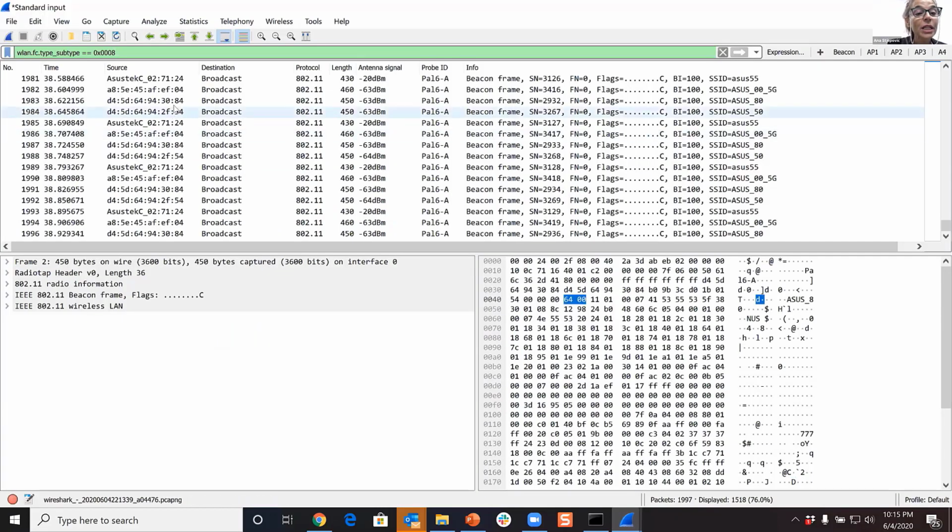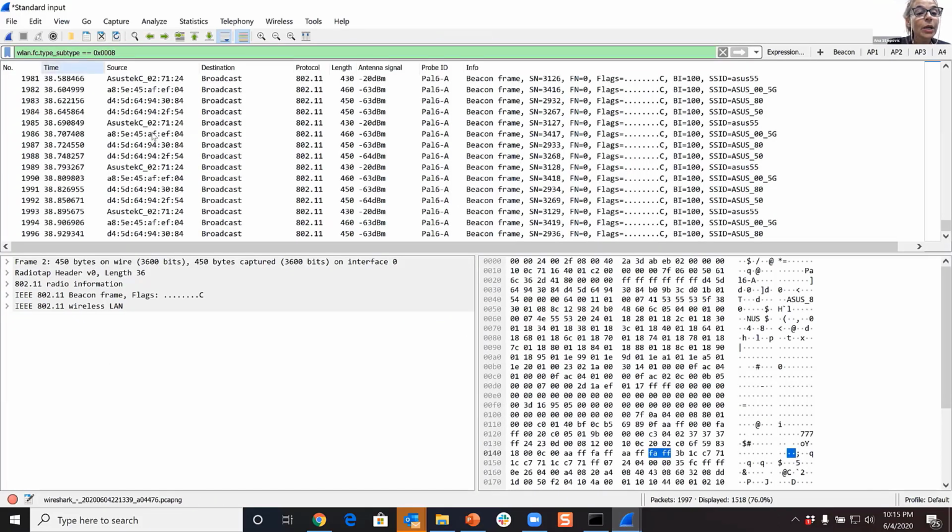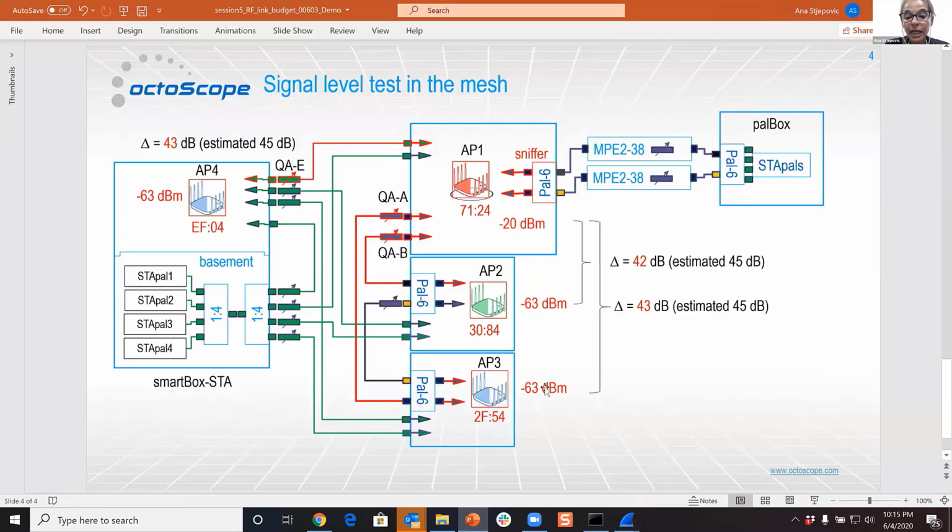And 3084, this is my access point 2, had neg 63 dBm. So here we have a 1 dB change, and let's capture the last one. So 2F54 in chamber 3 had neg 63. And that's consistent. So now that we have recorded the measurements from this instance, let's check the RSSI level delta